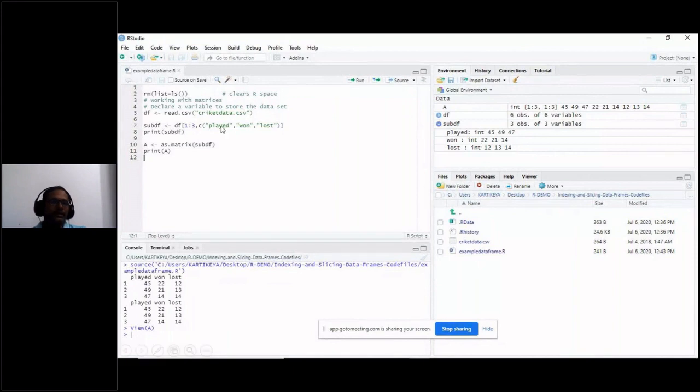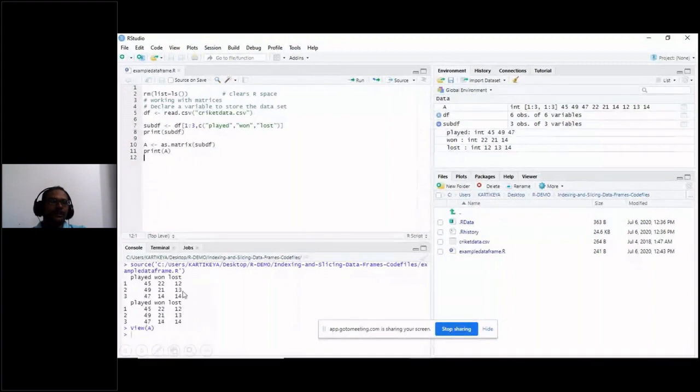Now if I want to convert this sub data frame, because I have chosen played, won, lost, not a string column, we have not taken the names of the teams, because I want to create a matrix. A matrix should have numerical values. So we have chosen only played, won and lost, which consist of numerical values.